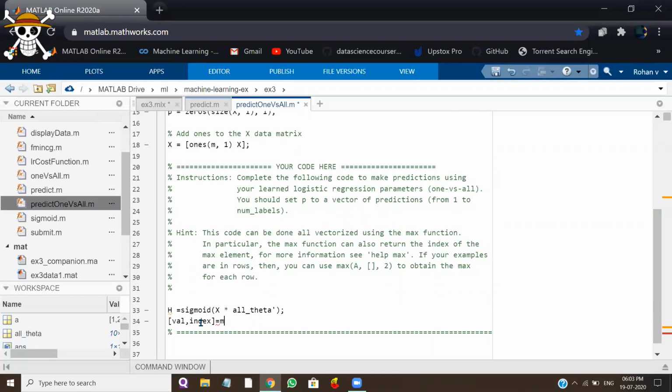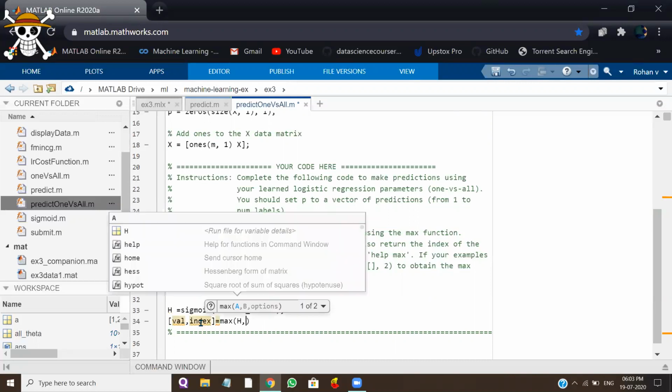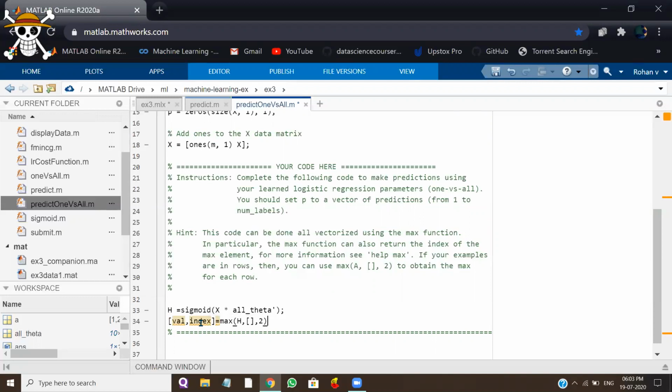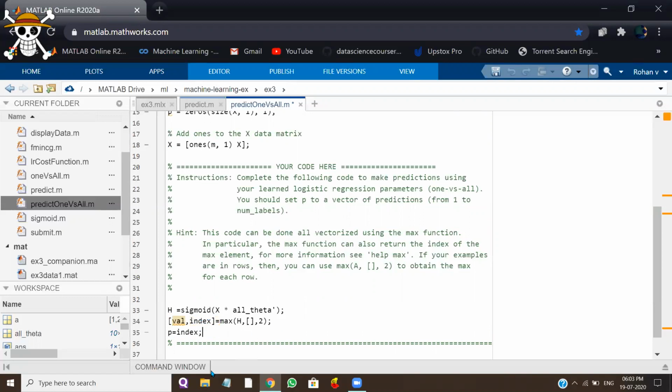I'll just explain what this code does. We need to predict. For example, if you have taken some number 9, you want to predict whether it's 9.